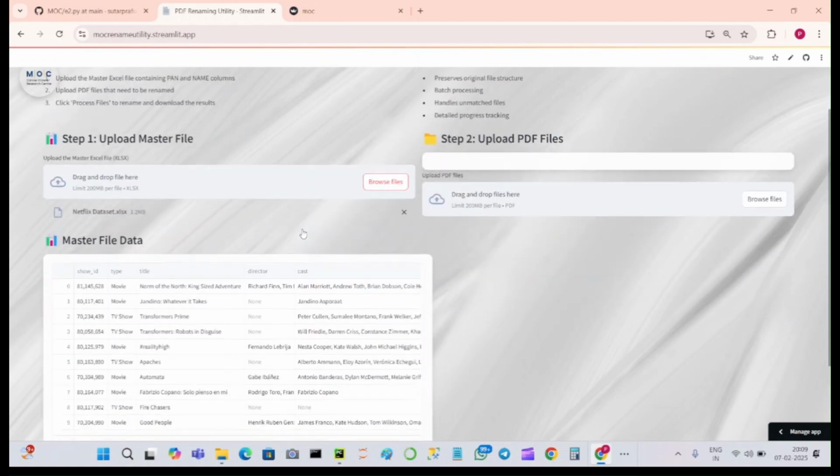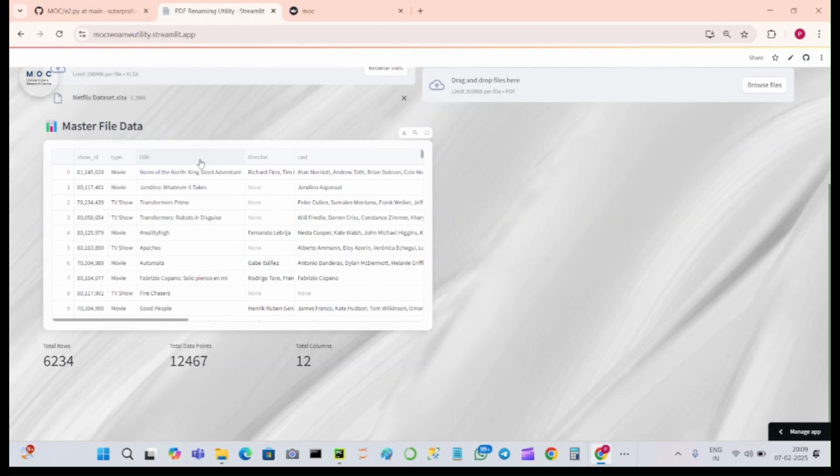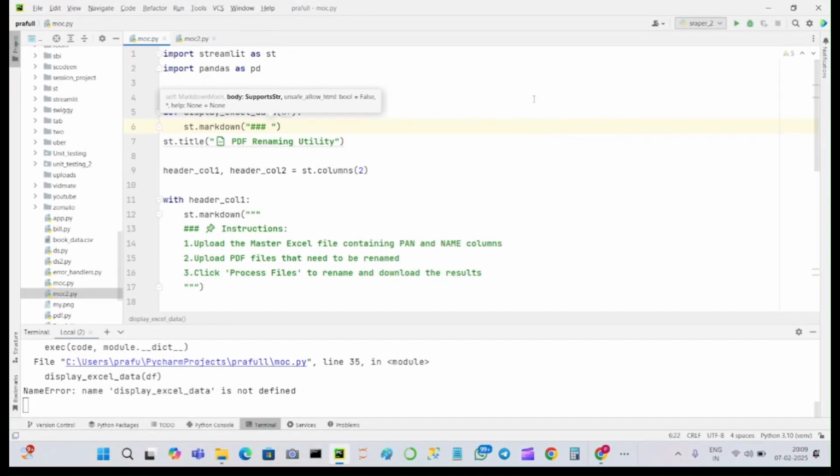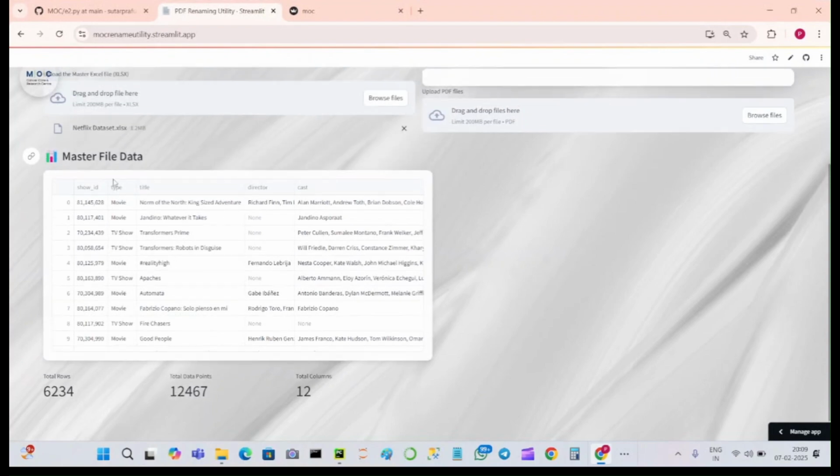Okay, this one, this line. So this is basically the result we are going to write in the background. The backend code we are writing here shows this line or this section. That is what it has to do when the user browses the file and uploads it. Then what it has to do, then